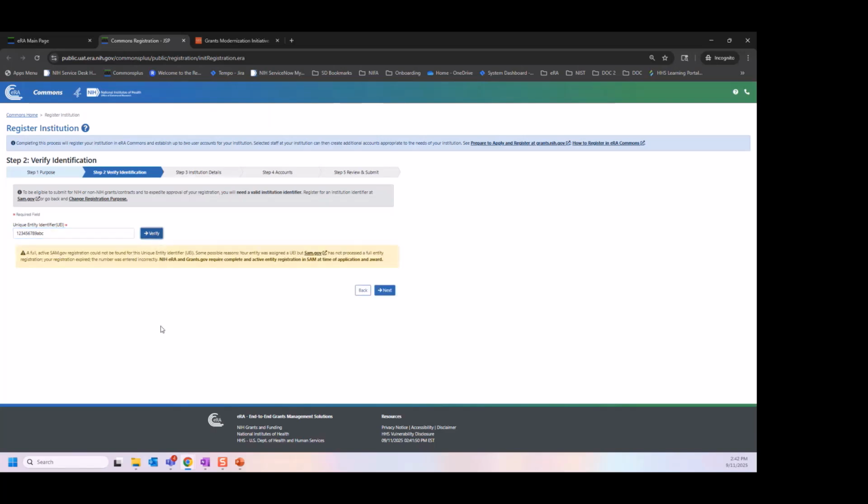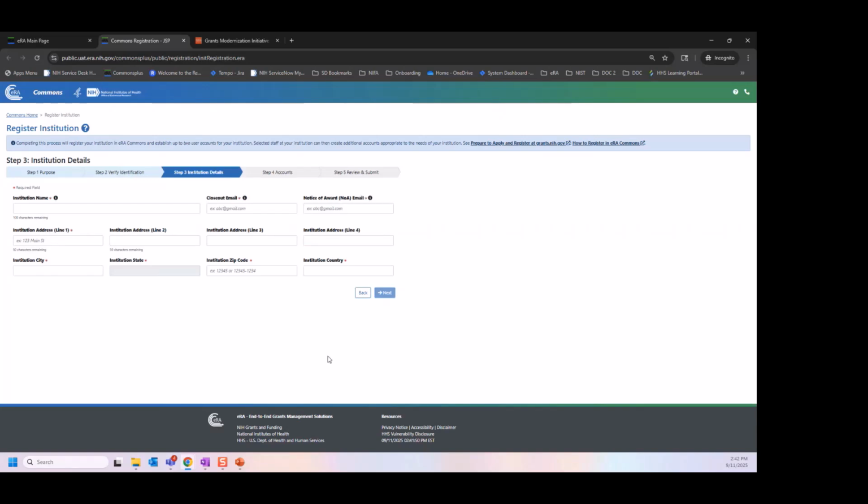Hit verify after entering the UEI. Now, an active SAM would be pre-populated if this is a real SAM number, a real UEI. If your SAM.gov registration is pending, it is still okay to move forward and register with eRA Commons. Because again, the registration can take up to 4 weeks to process, as mentioned previously, and the UEI is needed to submit an application. So we're just going to put NIFA U